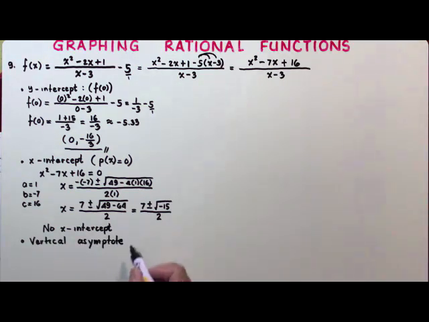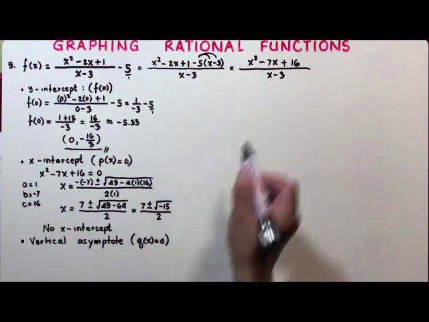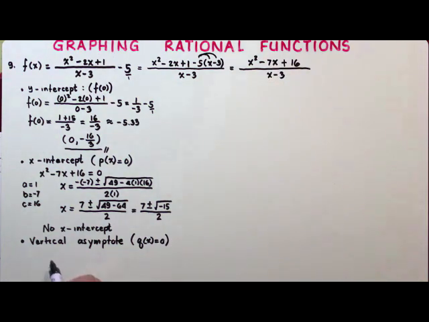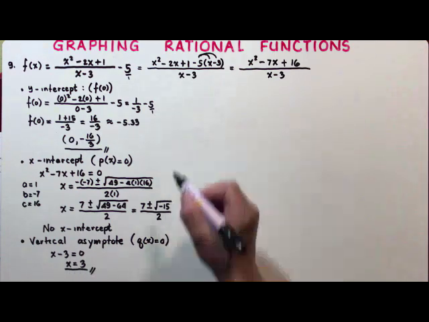To find the vertical asymptote, we set our polynomial in the denominator to 0. Looking at this reduced form, our polynomial in the denominator is x minus 3. So setting this one to 0, we have x equals 3. So this is our vertical asymptote of the graph. Now let's proceed to the